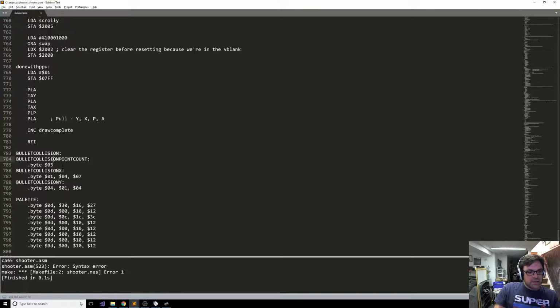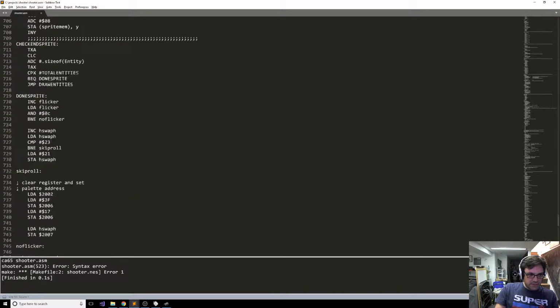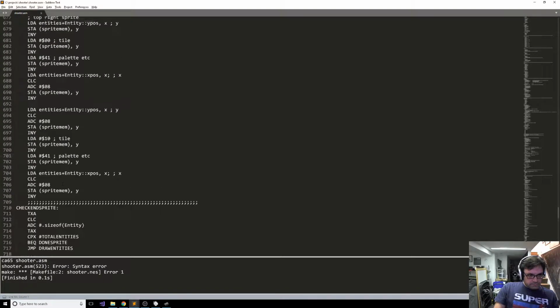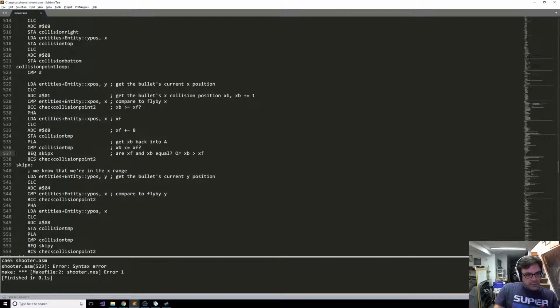So the idea is that you're giving it the address in memory of where that data lives, and then it just does the same thing for all the data that you have in your game. So while what I was doing would work, what I really want to do is